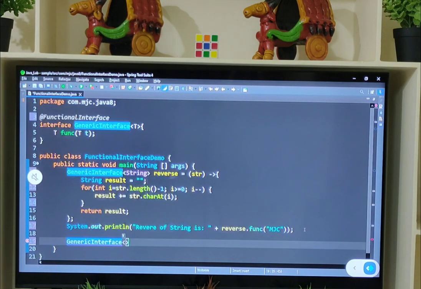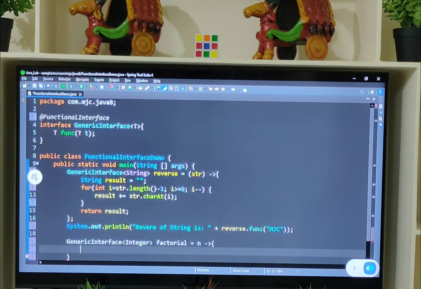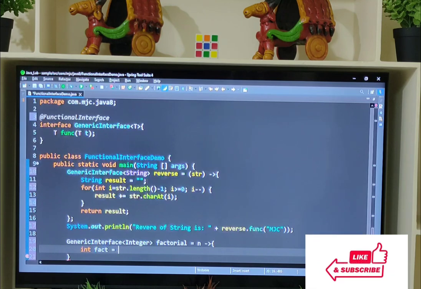GenericInterface, this functional interface now will take Integer, factorial is equal to n arrow operator, int fact is equal to 1.